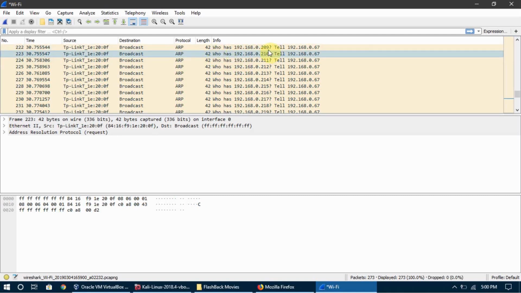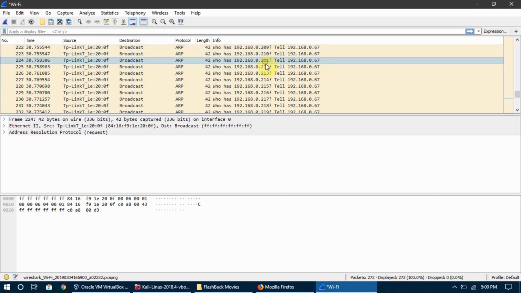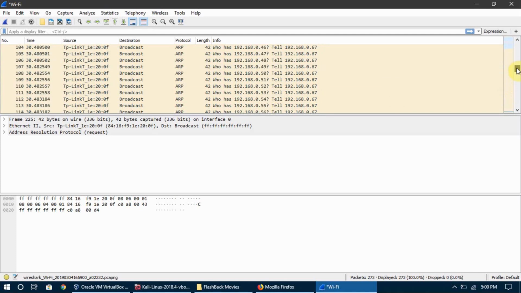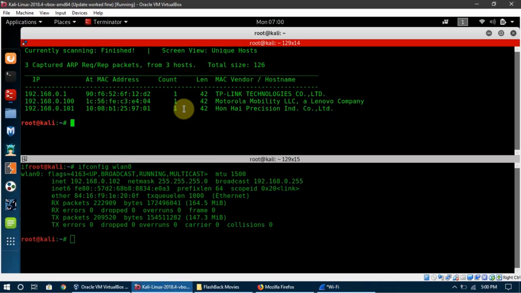Then it is saying the same thing to 210, then 211, then 212. So what this means is there is a lot of traffic generated, and a single device is asking each and every device in the network to tell who they are. They are asking the question, and that is how we found these results.